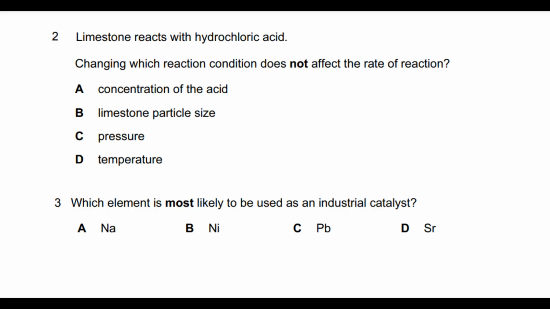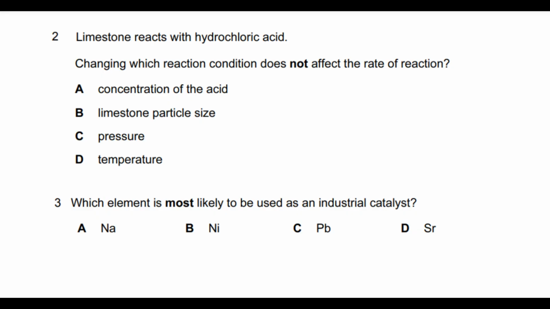Question number 3 says which element is most likely to be used as an industrial catalyst? Okay. Catalysts are usually the transition elements. When we study the periodic table, we know that transition elements have a very important characteristic which is specific to them, that they are used as a